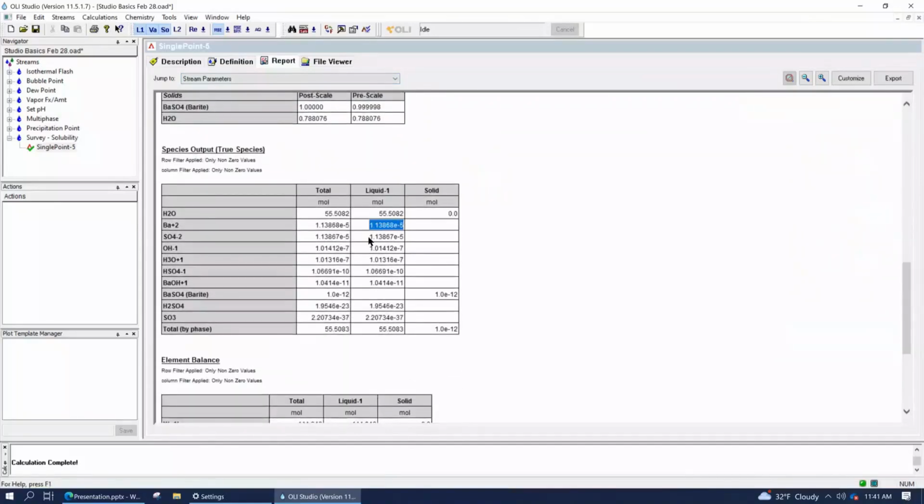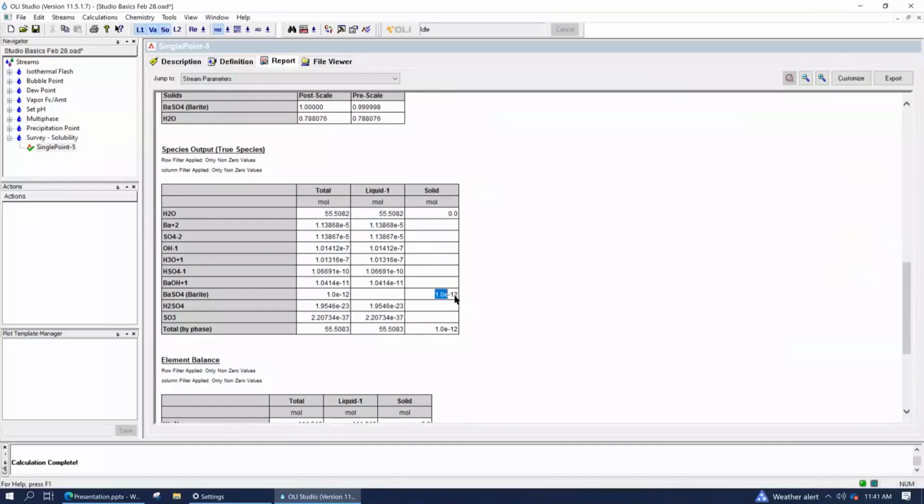There's a certain amount of material that gets dissolved into the water phase. This is the amount that precipitates out, a very small amount. It's essentially the first crystallite that forms. But in order for this small crystallite to form, this is how much has to dissolve into the water in order to get there.